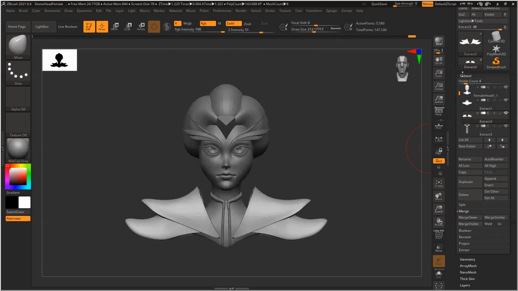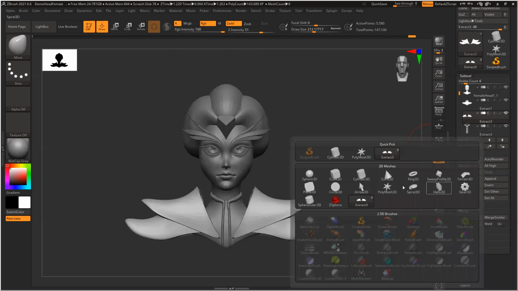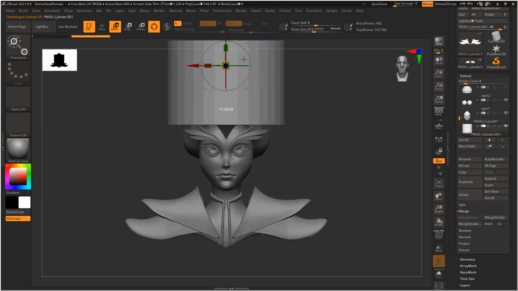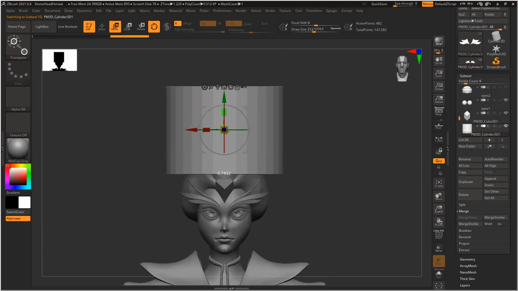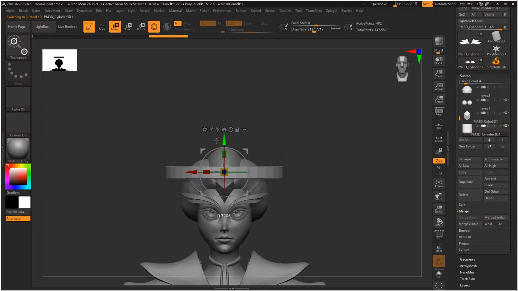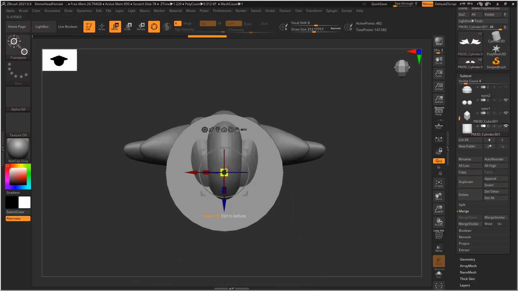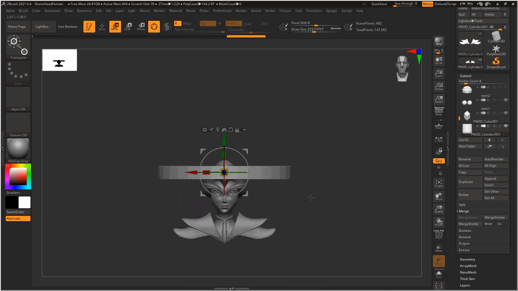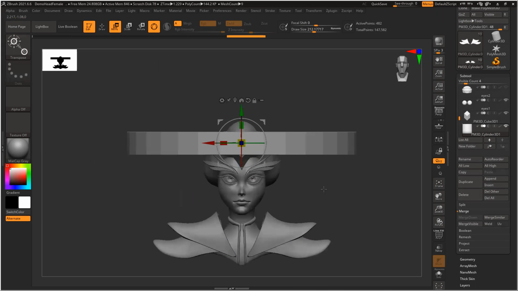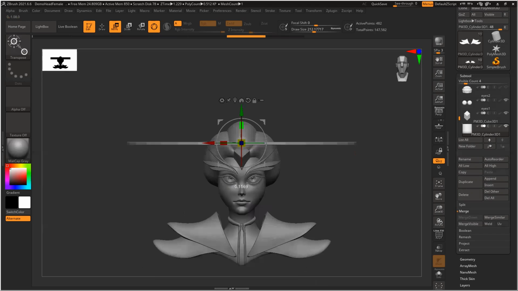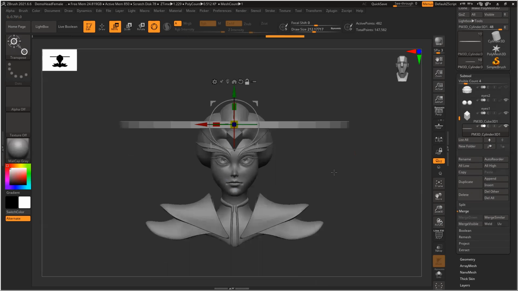So, let's create the hat quickly. It's pretty huge. Oh, sorry, thickness, reduce it. Little thick.